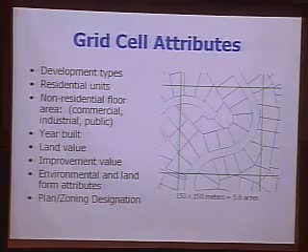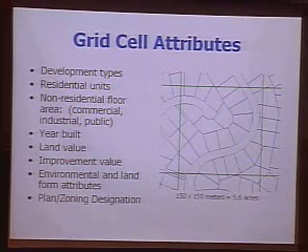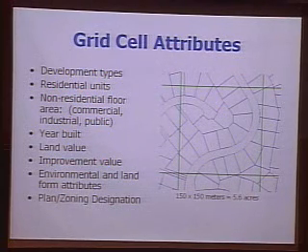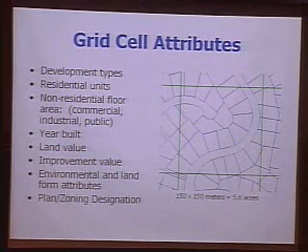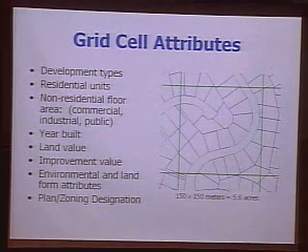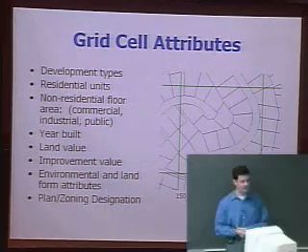Grid cells look like this. In UrbanSim, they're at a grosser level than in Tulumep. They're 150 meters squared, which translates into 5.6 acres. And I overlaid this on some parcel data so you can see what it looks like in a typical suburban development. You get the sense of the size. I'll show you some more later. The grid cells have attributes. They are assigned development types. There are 25 development types, which I'll talk about in a minute.